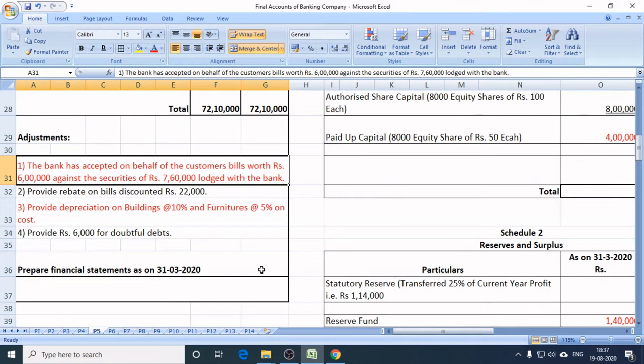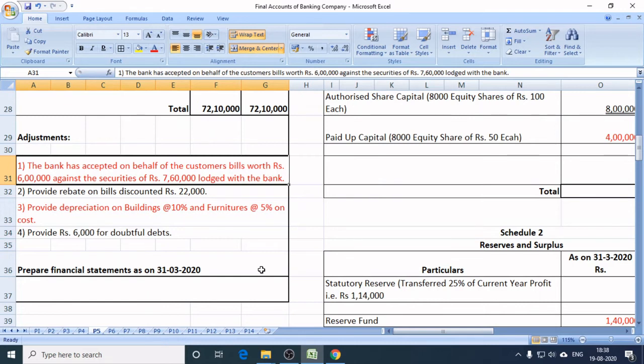And here let me tell you, the bank is also smart. Before accepting such acceptances, before giving such a guarantee, it usually secures certain assets of the client. I mean to say of the borrower in this example. So it has lodged with itself a security of rupees 7,60,000. It means the buyer has mortgaged securities worth rupees 7,60,000 to the bank. So it is treated as the bank's contingent liability.